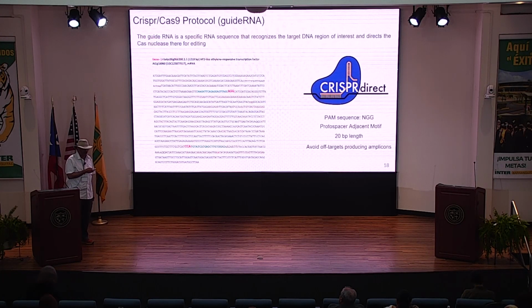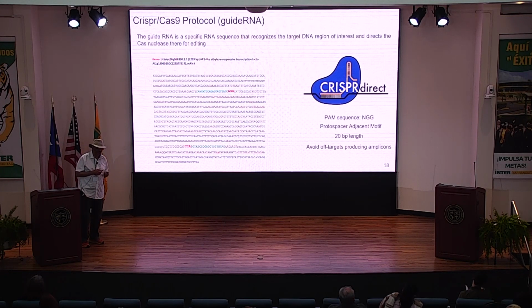There are no selectable markers, there is nothing, it is very safe technology, about to take over entire agriculture in all crops. The first step is identifying the good genes, identifying the bad genes. If the good genes are not there in the cultivars, you can capture those genes from the wild species and put back into the cultivars. In the cultivars, there are bad genes. You can silence them so that they don't have any effect